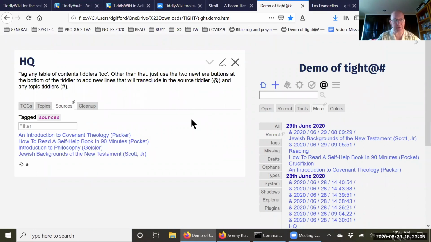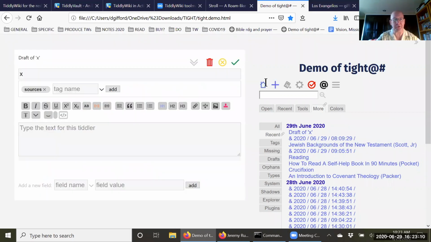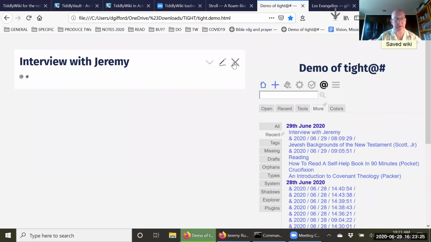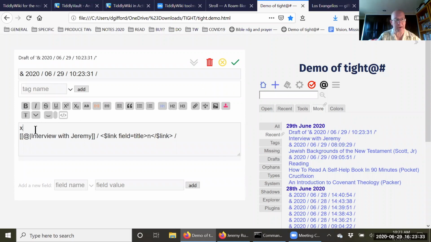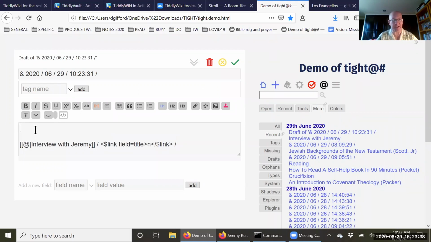And basically, let's say I'm going to use the ampersand button to create a new source. Like, this would be a book or magazine or web page. So I'm just going to put interview with Jeremy, and then I can create a note. I've got the buttons down at the bottom. I just thought that would be kind of nice. That was kind of inspired by Sachs, the streams plugin. But basically, I'm going to put some text,